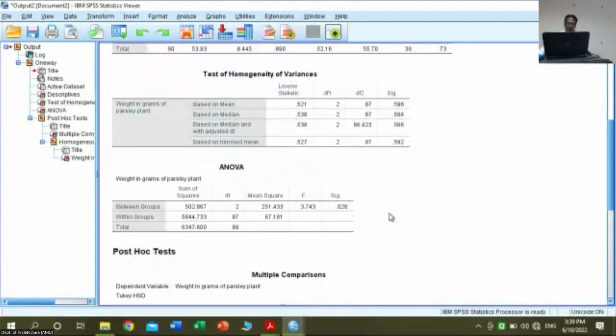Now come on to the ANOVA. Significant value is 0.028. That means this model is significant. That means the effect of fertilizers differs significantly. है ना, क्योंकि अगर H naught हमारा accept हो जाएगा तो there is no significant difference between these fertilizers. But here H naught is rejected. That means fertilizers differ significantly with respect to weight of plants. ठीक है, अब डिफर हो गया. अगर ये एक्सेप्ट हो जाता H naught तो कौन सा फर्टिलाइजर यूज करते,